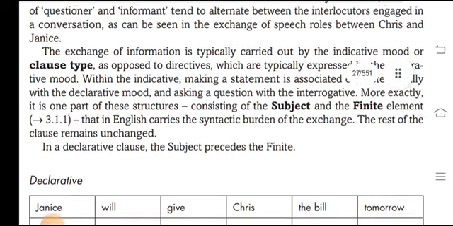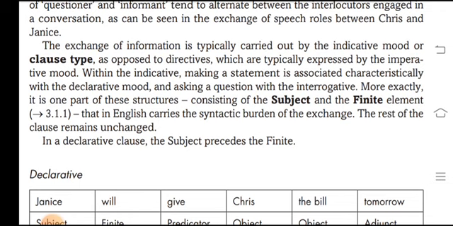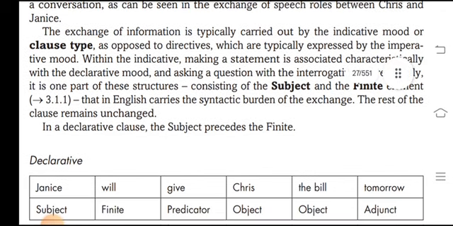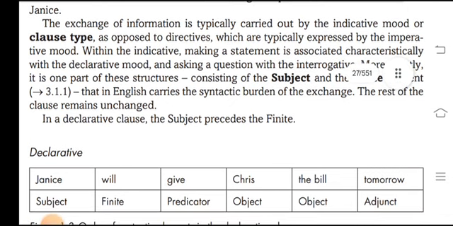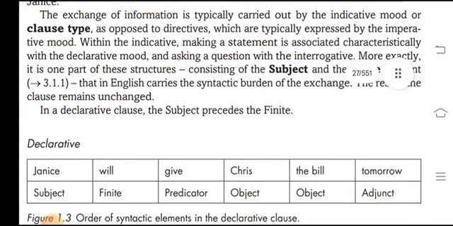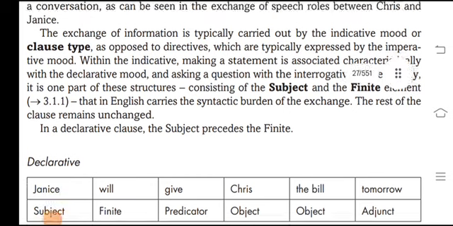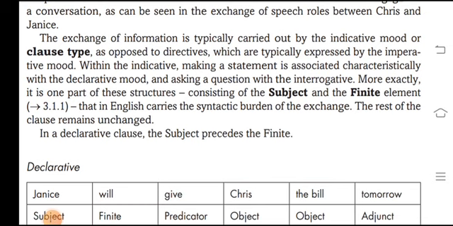Locatives are engendered in conversations, as can be seen in the exchange of speech roles between Cherries and Jenny. Jenny's exchange of information is typically carried out by the